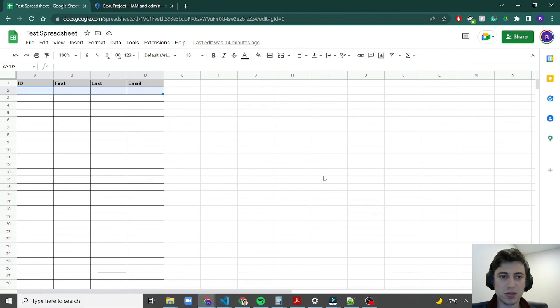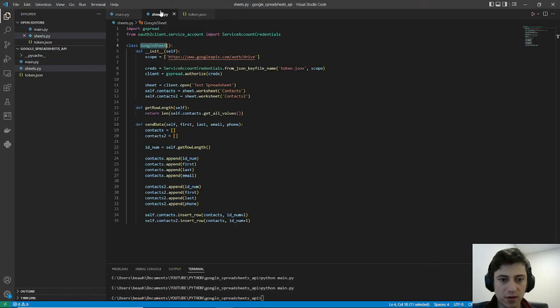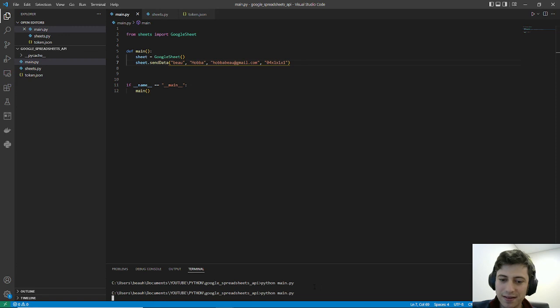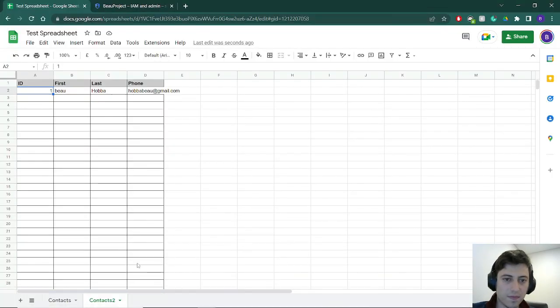So let's look at our spreadsheet, and as you can see, the fields have been populated. I don't know why the phone number hasn't shown up. Might quickly go back, and we did send the wrong value, so let's just run it again. And like I said, all this code will be on the GitHub. And there we go. Now we have the phone number